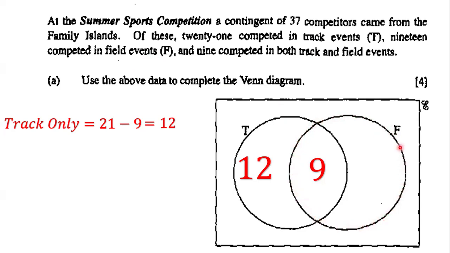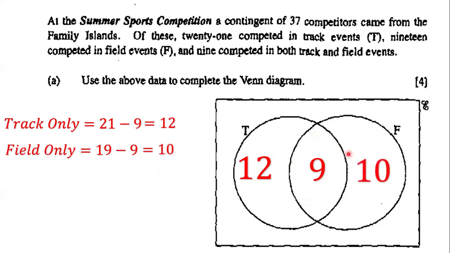So that 19 includes those who competed in track and field, and those who competed in field events only. And so if we want to figure out how many competed in field events only, we have to say 19 minus 9, because that's the intersection. And 19 minus 9 is going to be 10. And so that means that there are 10 students who competed in field events only. So 12 students competed in track only, 9 students competed in track and field events, and 10 students competed in